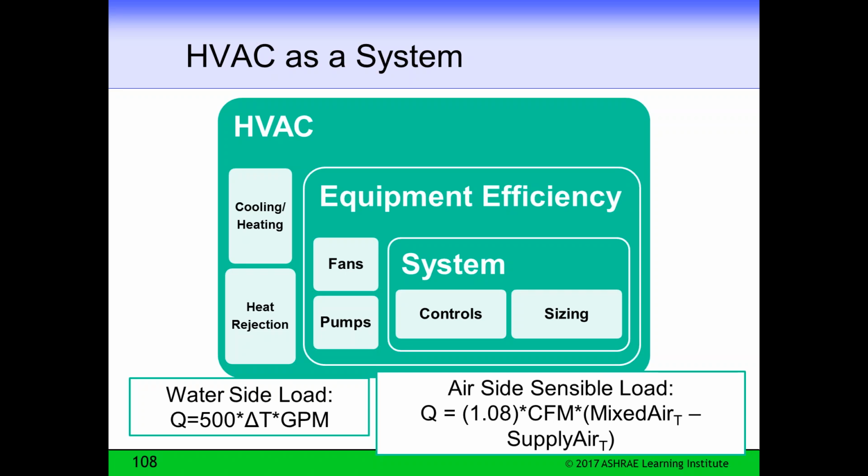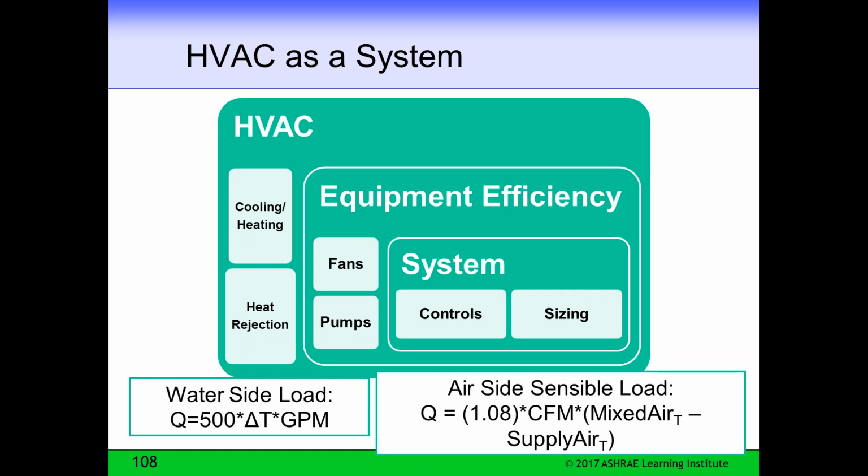Then we look at controls, and we try to make sure that we have controls that operate the system in an efficient manner. And the way I look at it is, all we've done before on this equipment sizing is we set a demand. So if those units run full blast, then we've set a kW demand, the maximum for that building. But by using controls, we can limit the amount of times they would ever have to run fully loaded. And also we can say when we can turn them on and off when the building's unoccupied. So the controls are a very key part of trying to control energy use once we've used efficient systems and minimized the size of those systems.